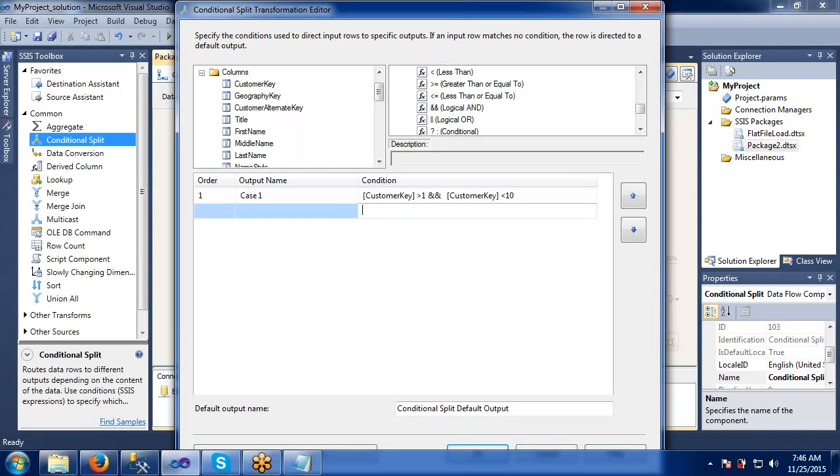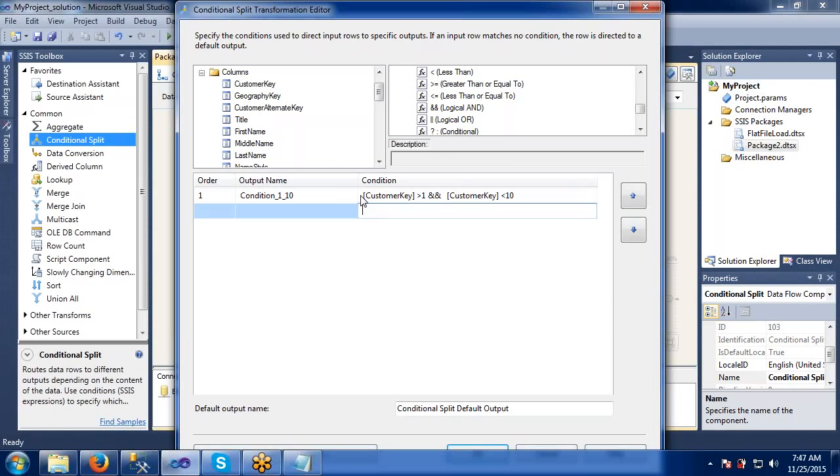To keep it simple to understand, I have given a small condition here. So let's take case 1. We will make it 1 to 10. That is the first condition, so I am giving the condition name as condition 1 to 10.